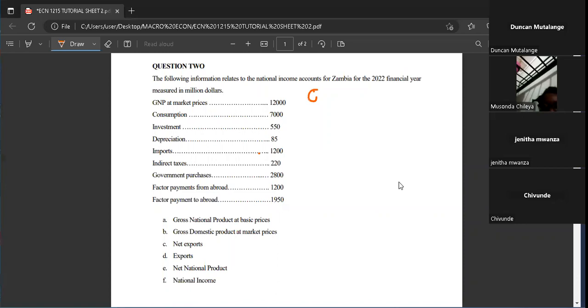And you say GDP is equal to C, which is consumption, plus I, which is investment, plus G, which is government expenditure, plus NX, which stands for net exports. So consumption, investment, government expenditure, and net exports. These are the only components that you need. So you need to know that when they give you a table like this, it's not everything that you need